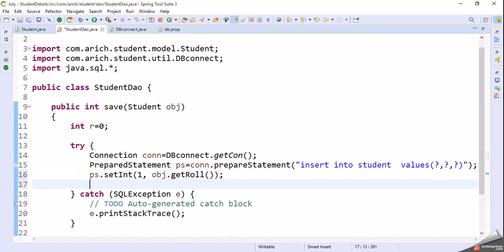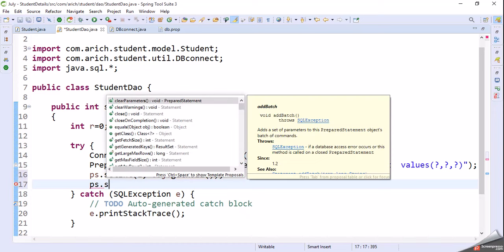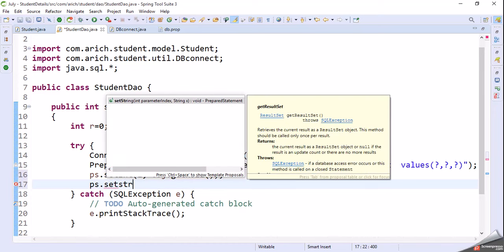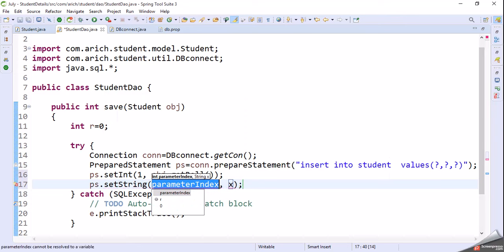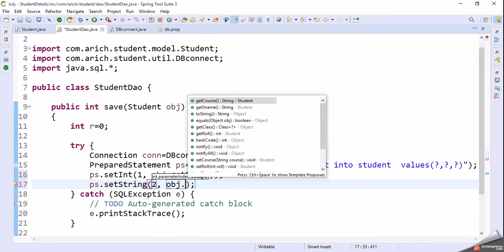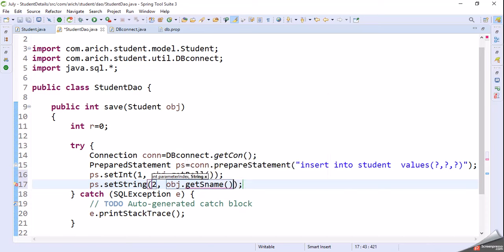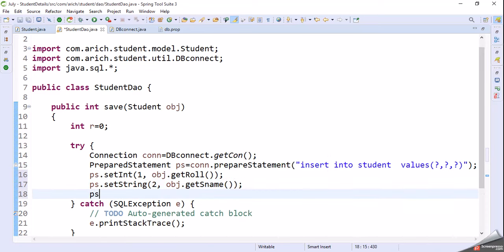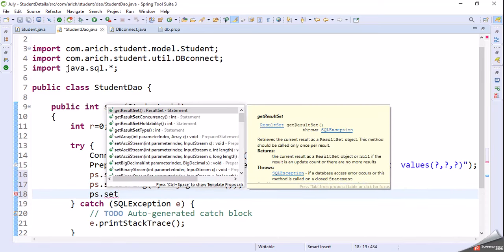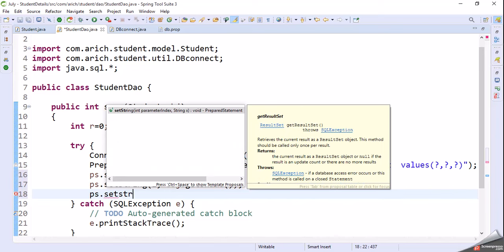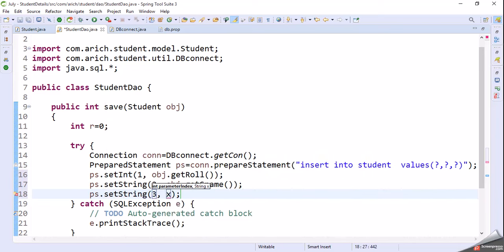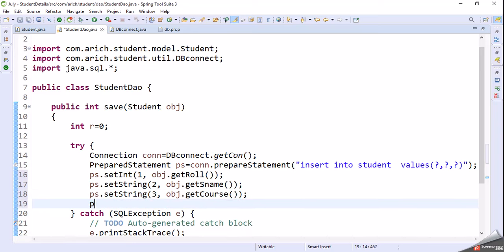Same as we can add other values, like set string question mark 2, and here the value is obj dot get sname, and ps dot set string question mark 3, obj dot get course, and ps dot